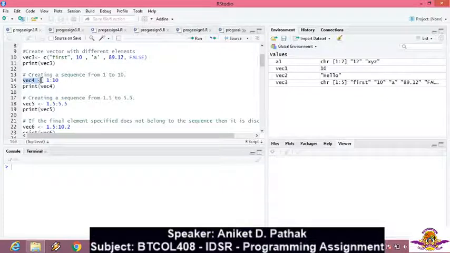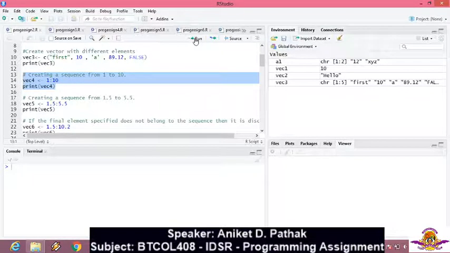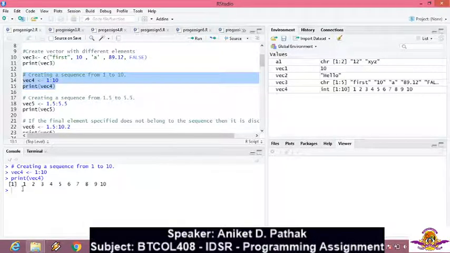My object vector 4, we will see 4. 1, I will be starting from 1, going up to 10, and each element will have an increment of 1 by default. Let's execute it. When I run this, the output is 1, 2, 3, 4, 5, 6, 7, 8 till 10.